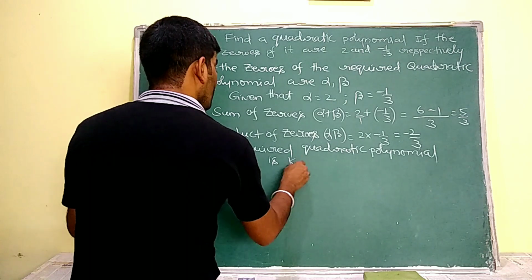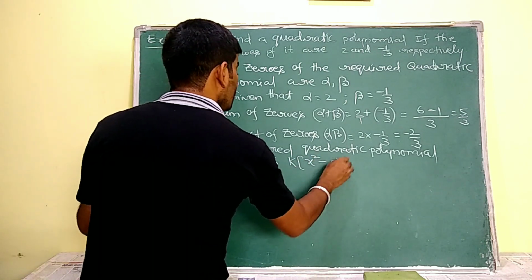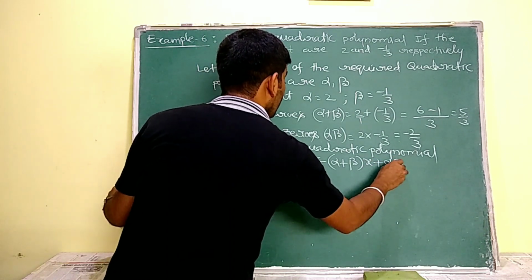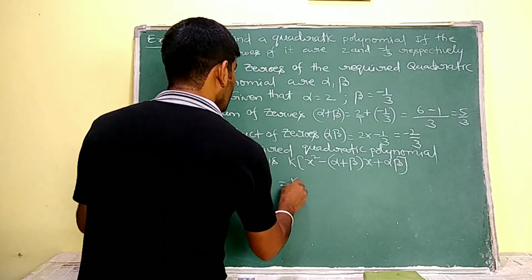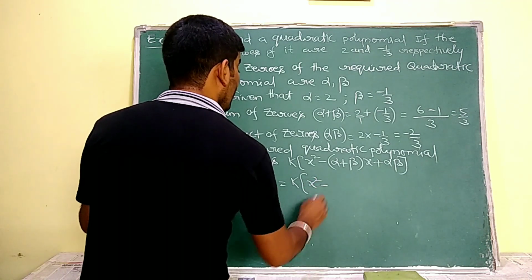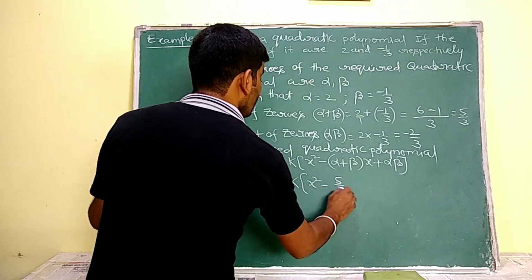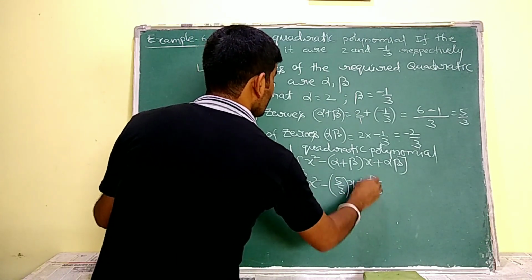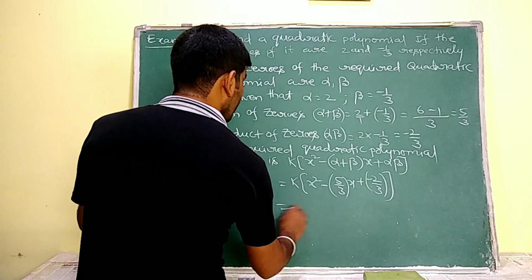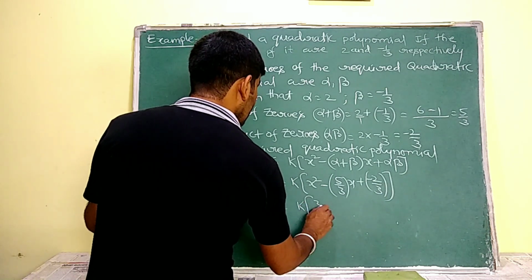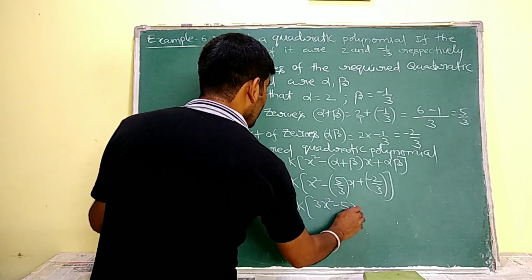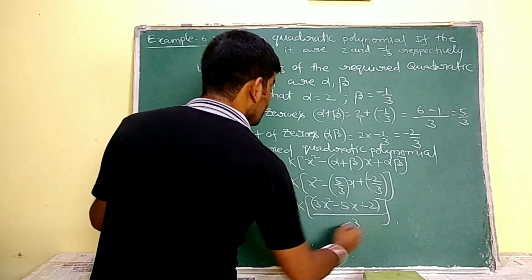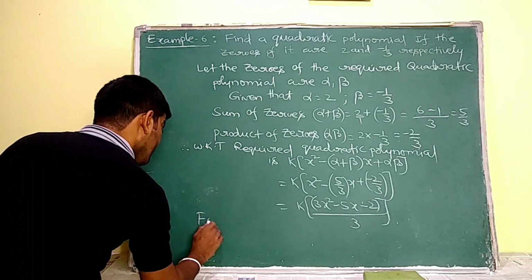is k into x square minus alpha plus beta into x plus alpha beta, we have to write now. That is equal to k into x square minus alpha plus beta, means 5 by 3, into x plus alpha beta, means minus 2 by 3, ma. Now you have to take out the LCM. Here, 3x square minus 5x minus 2 whole by 3. That is the LCM. Okay, for k is equal to 3,